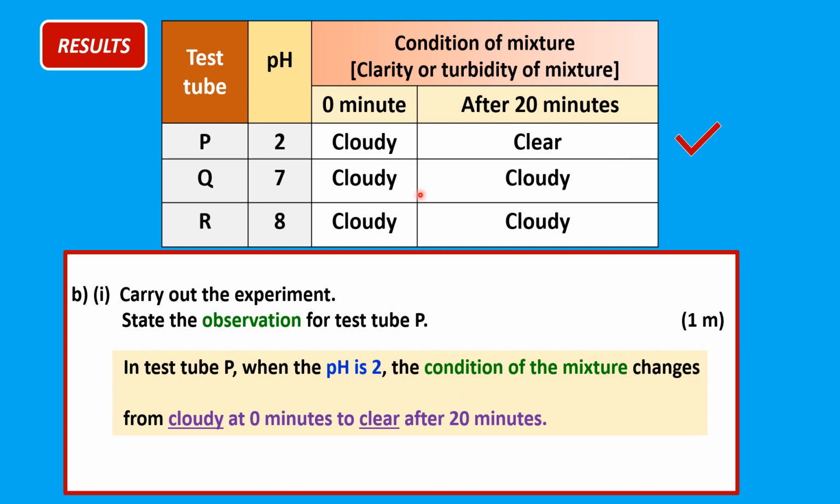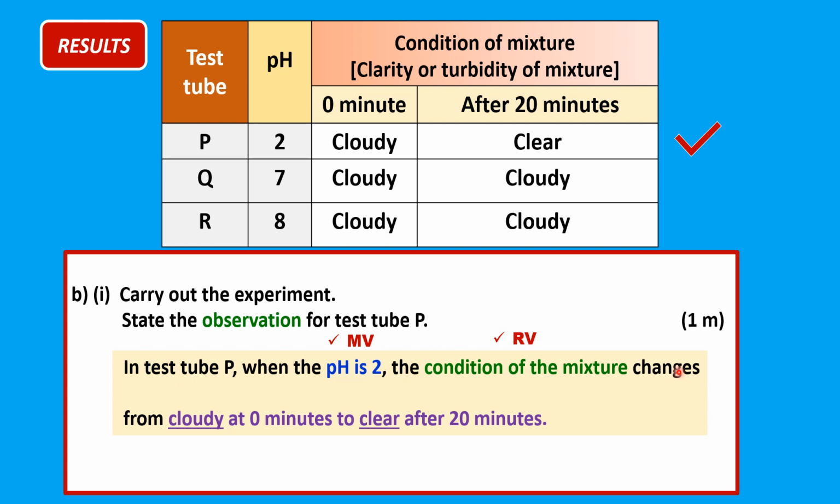And here we try to check whether we have all the components. The manipulated variable and responding variable must be in the observation, plus any readings or observations based on the experiment. So let's look at our answer. In test tube P, when pH is 2, your MV is the pH, the one tick there. The condition of the mixture is your RV, the responding variable. Actually, it's the sub RV,